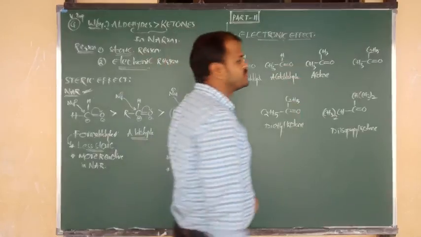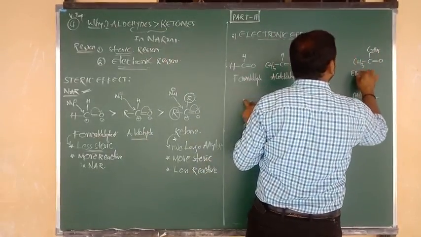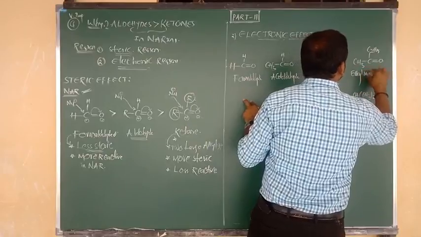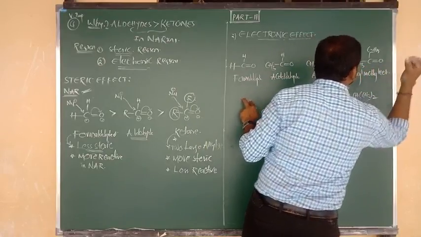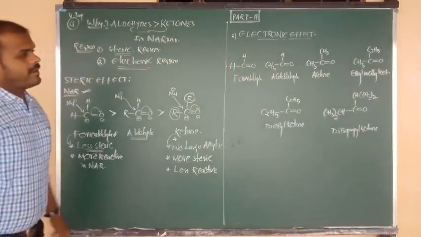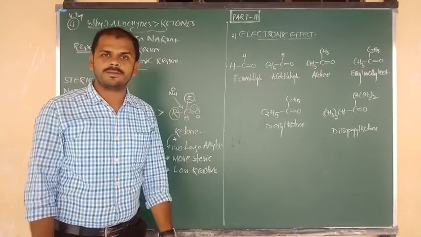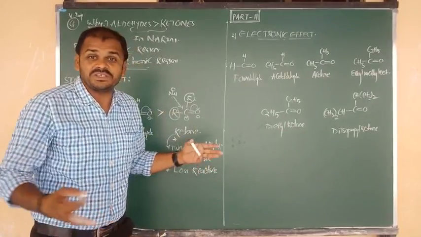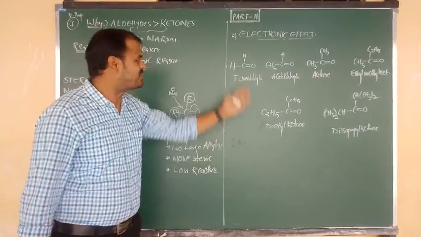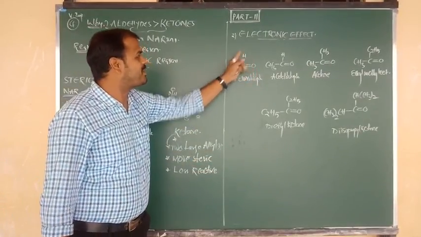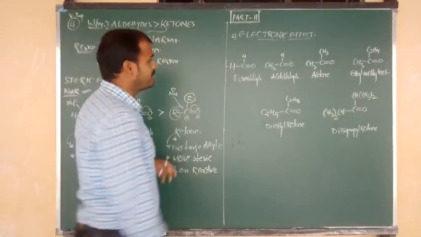And next I am going to write one side ethyl, one more side methyl. As per alphabetical order, we have to say ethyl methyl ketone. Yes, beta, I have given some list of aldehydes and ketones there. So again, try to say which is more reactive. Steric free compounds are more reactive. Which is steric free? Formaldehyde. Around C double bond O, free H atoms are there. Nucleophilic addition takes place easily.